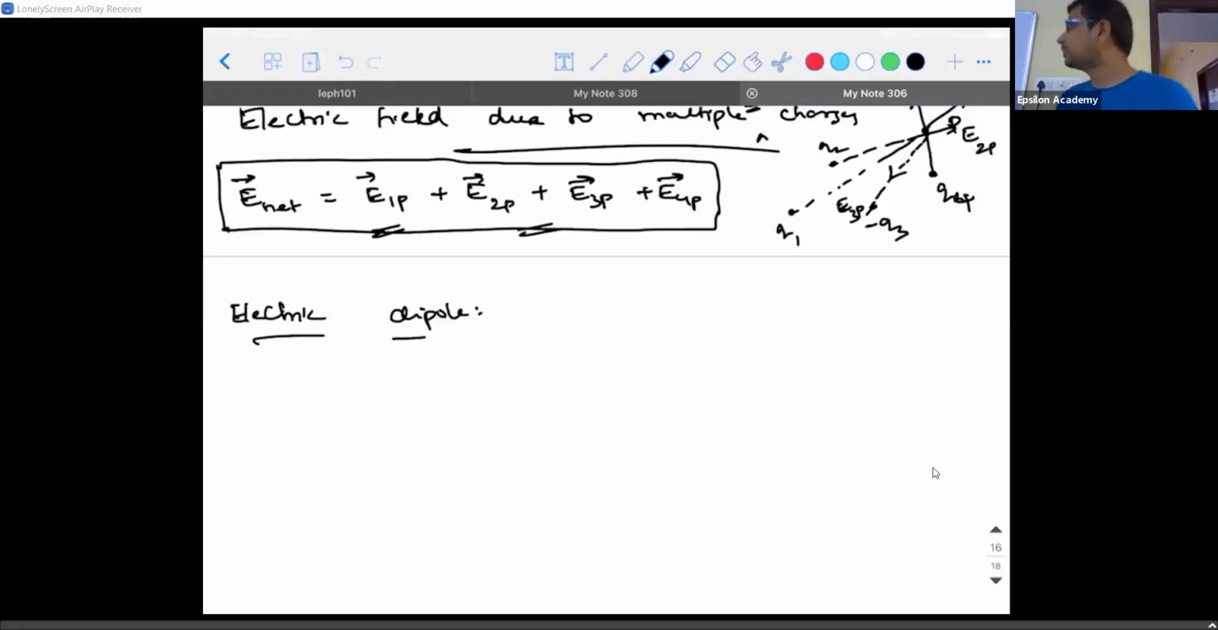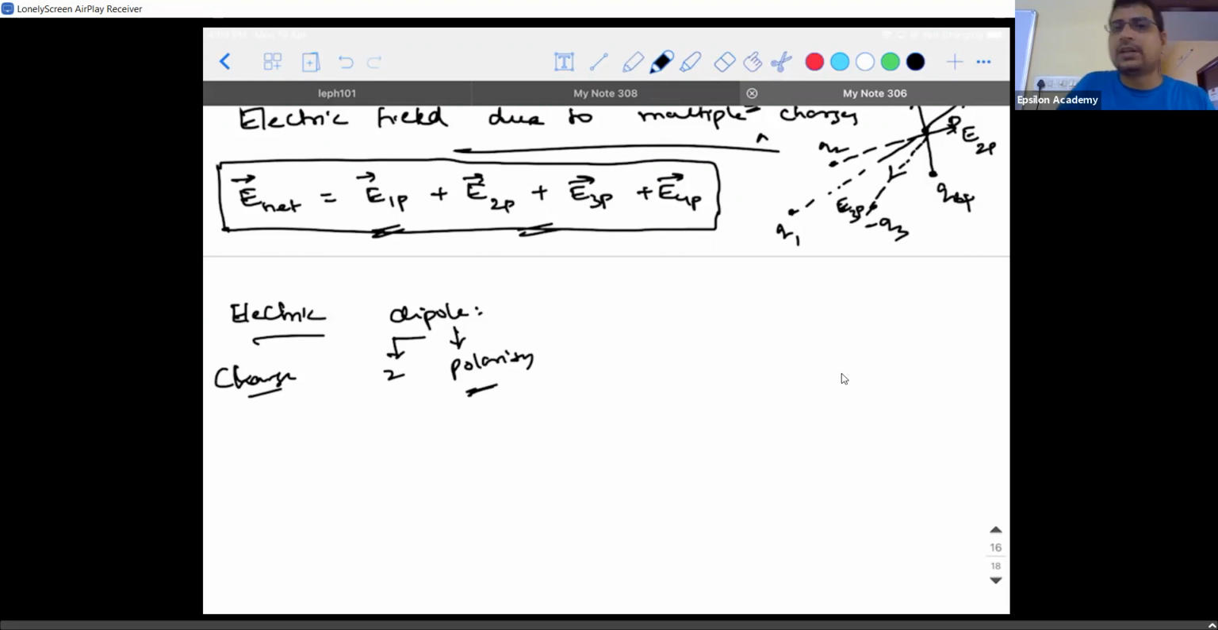So you would have heard this word already. What does an electric dipole represent? Electric refers to charge, di refers to two, pole refers to polarity. So you talk about a system which contains two charges, two point charges rather, and they are supposed to be of opposite nature and they should be separated by a very